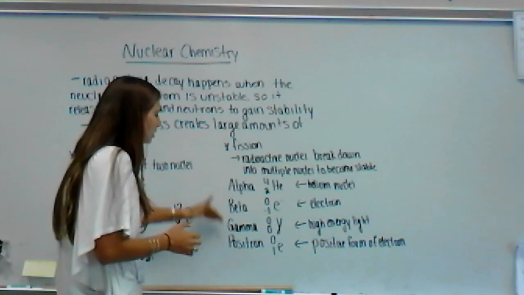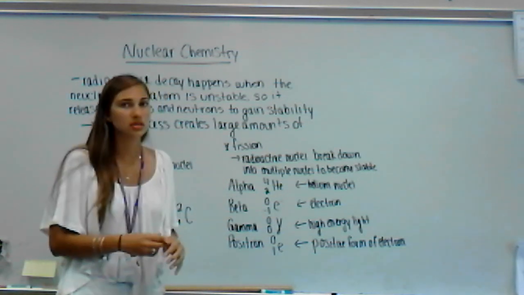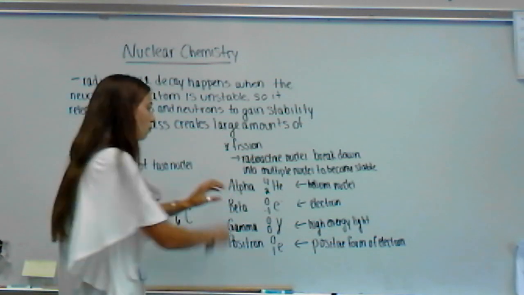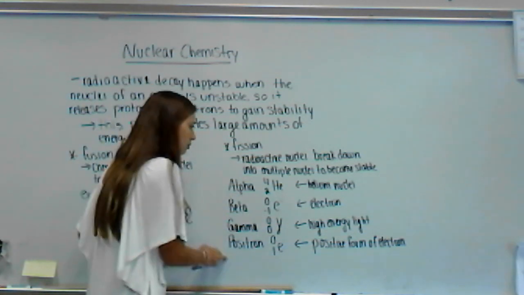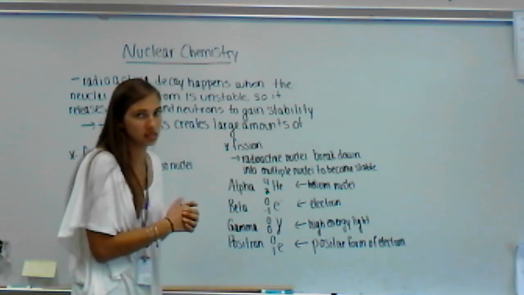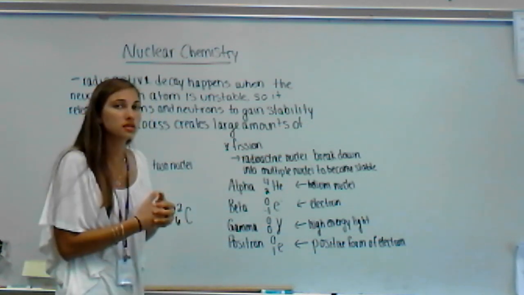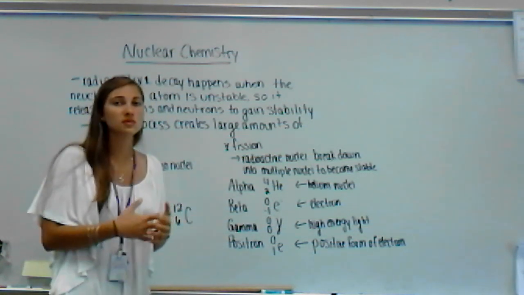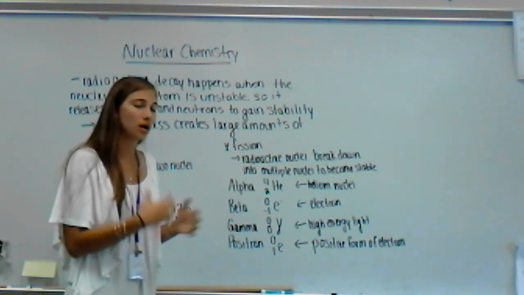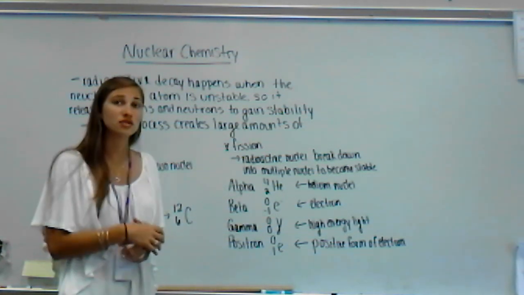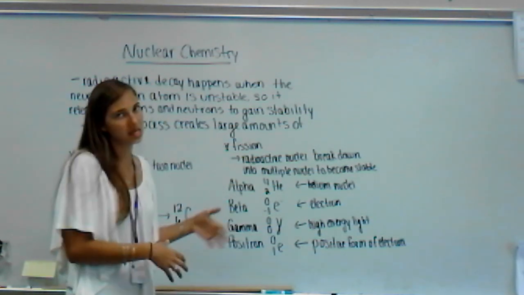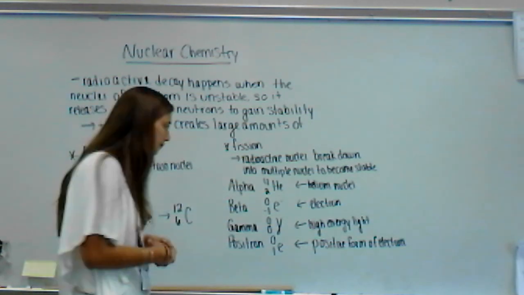Now, there are 4 different types of fission that we're going to be talking about. For each one of these different types of fission, one of these particles or wavelengths will be one of the products that's being broken off. But there are going to be other products, and that comes from the remaining part of the nucleus that's left over. It's going to form a new nucleus with a different number of protons and a different number of neutrons.